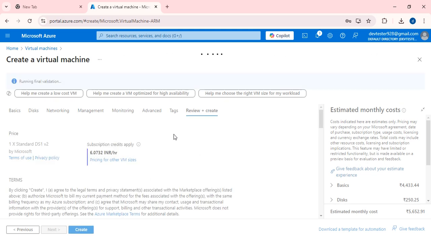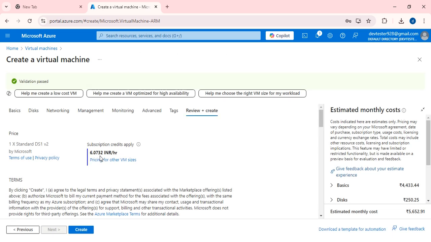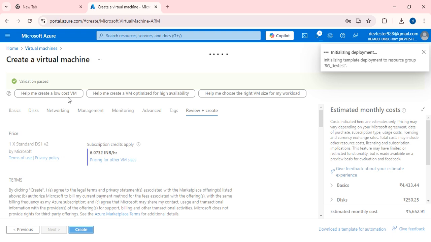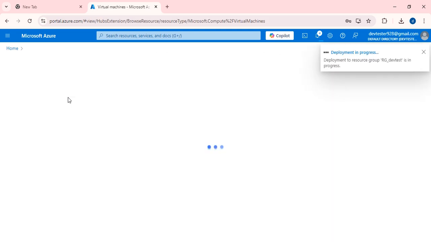So right now it is costing 6.0732 per hour. So validation has been passed. It will create the Linux machine. So it will take some time to get it created. So once it has been created, I will show you how to connect. So with the same SSH client only, we will be able to connect to the virtual machine. As we already opened the SSH port,